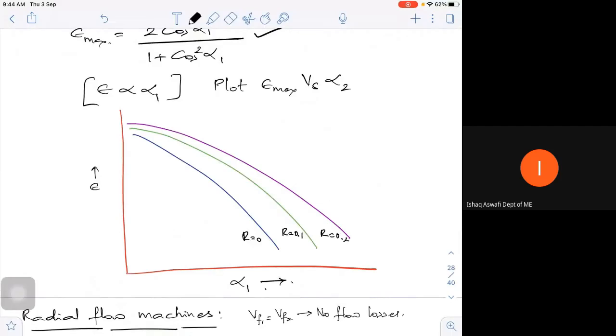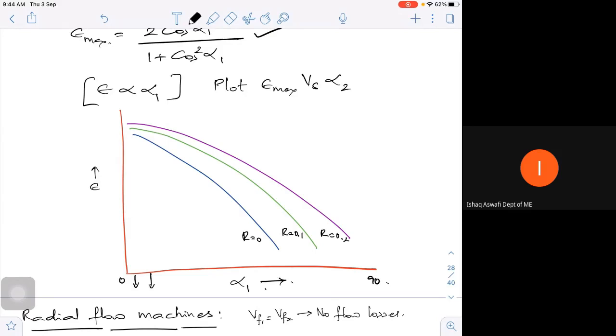What will happen? Say if I put alpha, so it's not alpha max, it may be a number for a given alpha. Say when I have my alpha varying from 0 to some 90 degrees or whatever the maximum may be. You vary in terms of 5 degrees or 10 degrees. And you try to vary your r is equal to 0, 0.1, 0.2, 0.3, 0.4, 0.5, at least 3 to 4 values. You can write a simple MATLAB code or a Python code, or you can do it in your Excel sheet also. Then try to plot it.